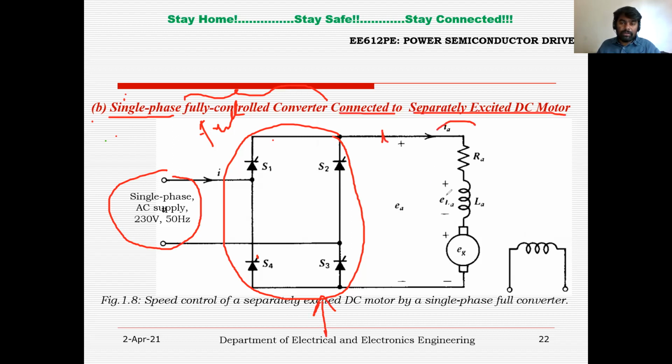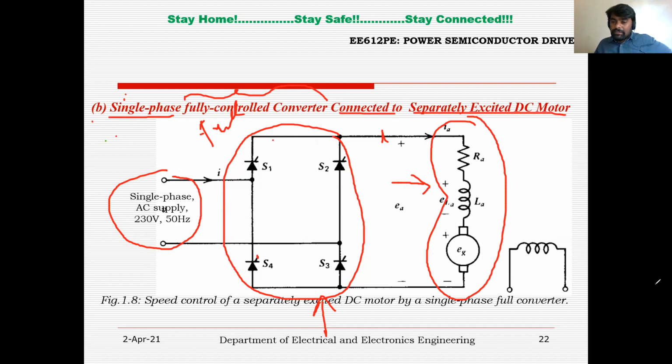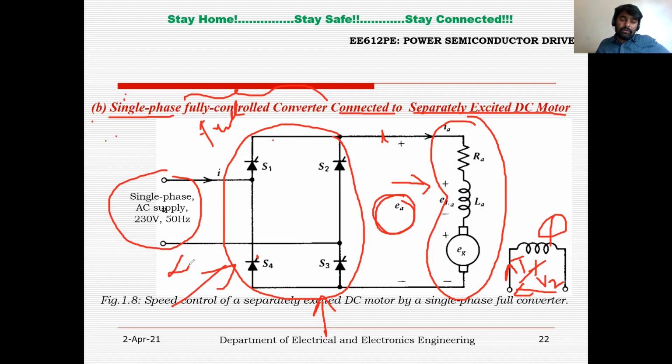So here we will have the DC armature electrical equivalent circuit with RA, LA, EG. Then if I want to vary the speed of the separately excited DC motor, here we are not varying the flux, because the field winding is provided with a constant voltage V2. If the voltage is constant, field current is constant. If the field current is constant, flux is constant. So now it is just like armature voltage control, where we are going to vary the EA through this fully controlled converter firing at angle alpha, right?